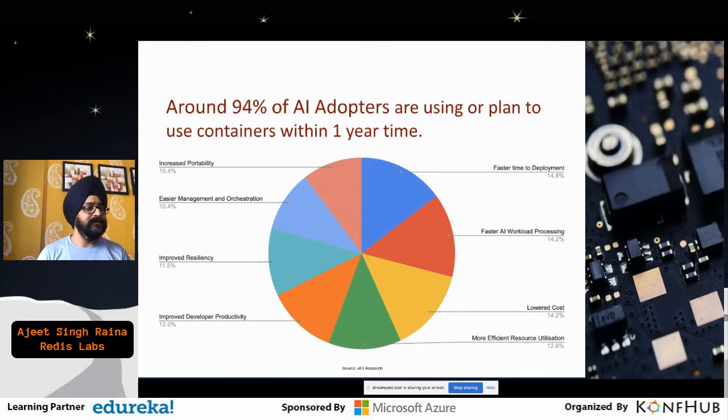And when I say containerized solution, today containers support GPU. So you can even use a Docker Compose file to leverage the GPU itself. Easier management, resiliency, developer productivity, these are the obvious reasons Docker is popular. But the whole idea is, when you build a solution on AI, keep in mind that for testing purposes, and even in production when you have sufficient resources, you can still use solutions like Kubeflow or Docker containers to run your AI workloads.